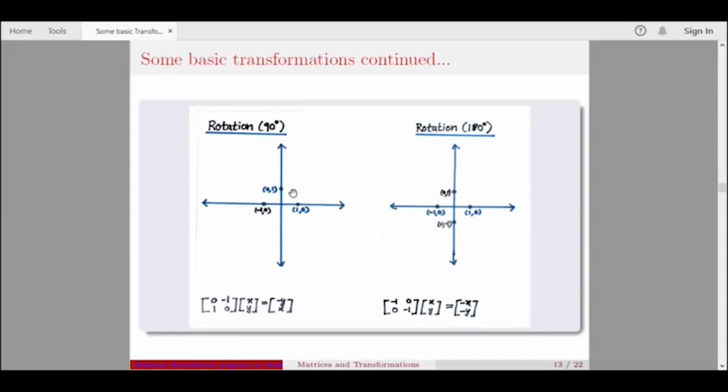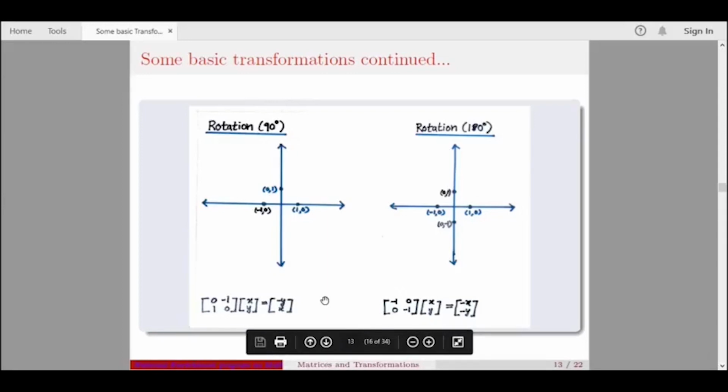Next, when you rotate (0, 1) again anti-clockwise through an angle of 90 degrees, we arrive at the point (-1, 0). So I have written (-1, 0). If you multiply it with (x, y), we will get (-y, x). It means that rotation of 90 degrees corresponds to the transformation T(x, y) = (-y, x). If you want to rotate a vector by 90 degrees, simply pre-multiply that vector by this matrix. The matrix is [0 -1; 1 0].